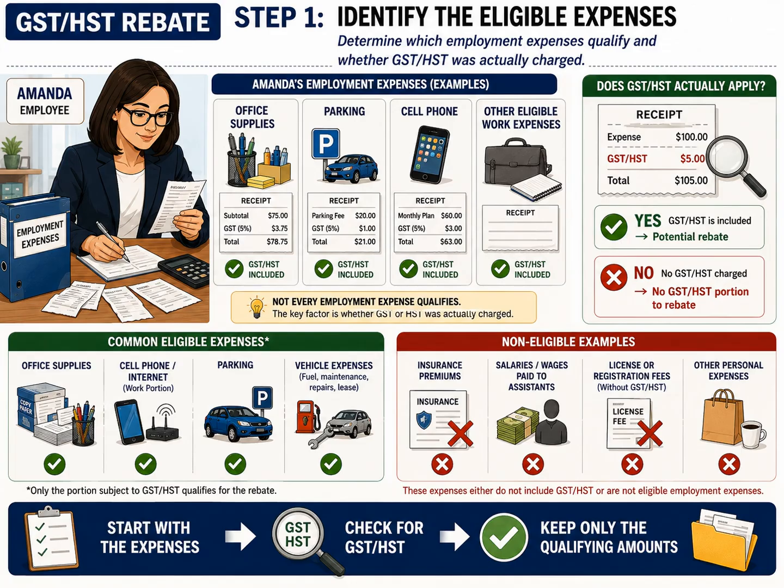The important rule is this. Start with the employment expenses. Check for GST or HST, and keep only the amounts that qualify. Once the eligible expenses have been identified, we can move to the next step and use the appropriate tax forms to calculate the